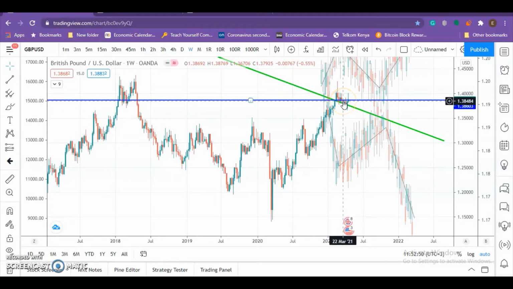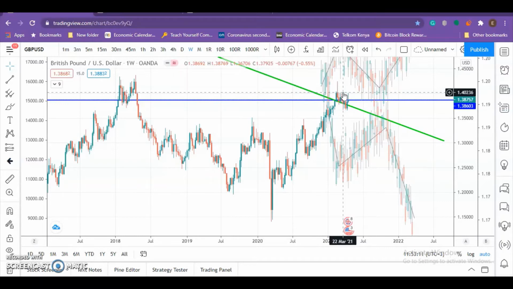But as per now, it was quite bullish, so any break to the upside from 1.40236, we now expect the bullish momentum to be a long-term thing